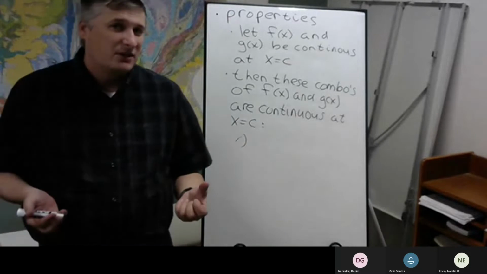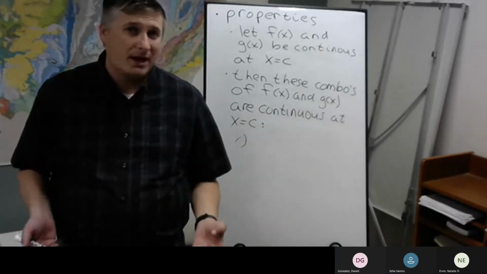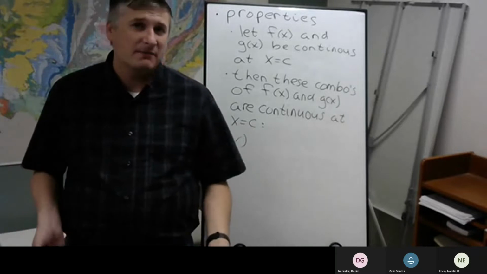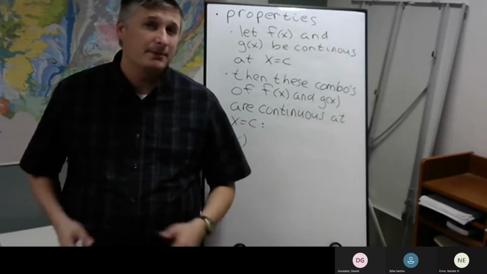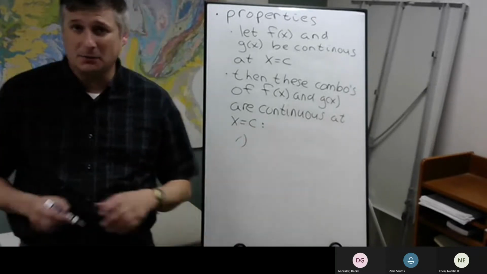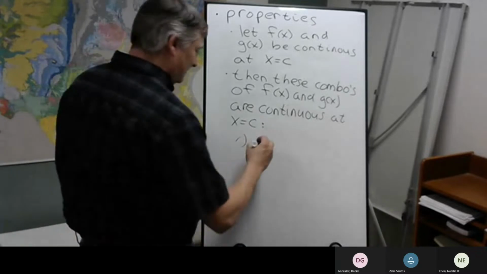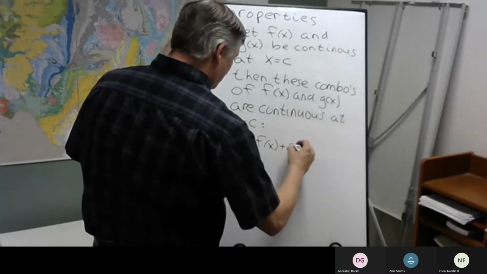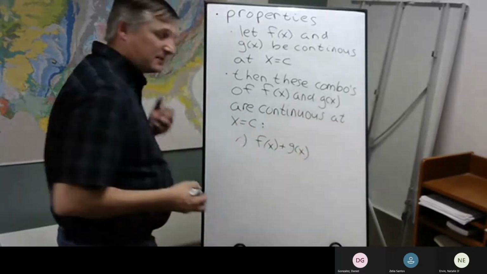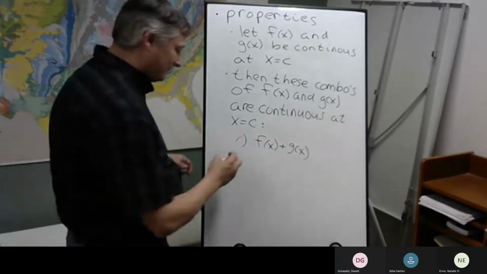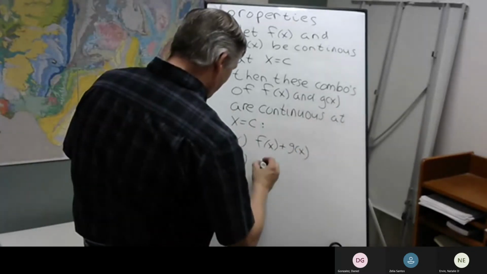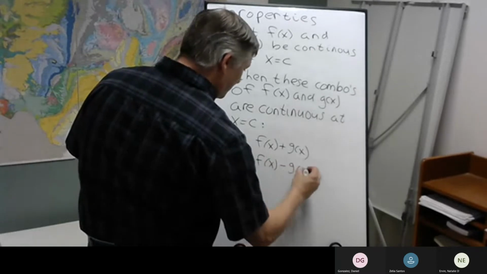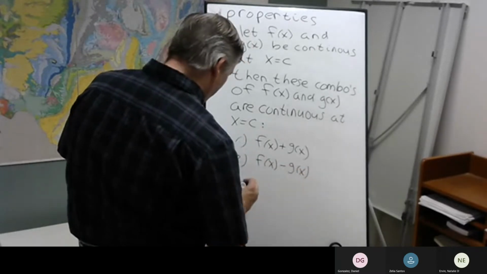So let's say f of x and g of x are continuous at some point x equals c. Well, then the following combinations of f of x and g of x are also going to be continuous at x equals c. So the sum of f of x and g of x, the difference of f of x and g of x,